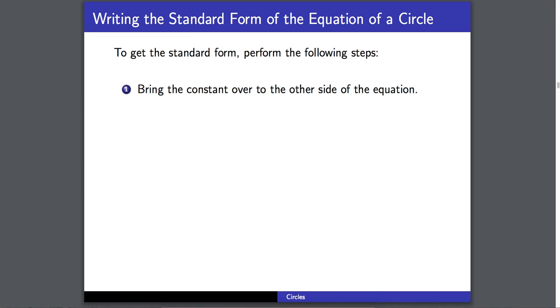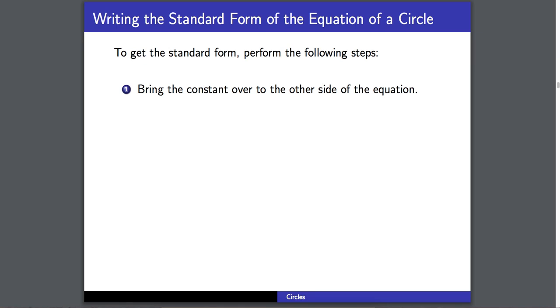All right, in this video we're going to look at finding the center and radius of a circle when the circle is not written in standard form. So to get this standard form of a circle, perform the following steps. What we're going to have is all of our terms on one side and a 0 on the other. So we're going to start by bringing our constant over to the other side of the